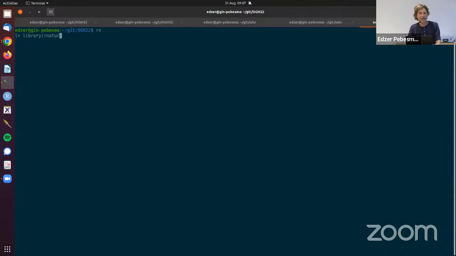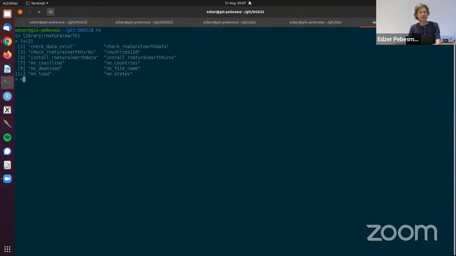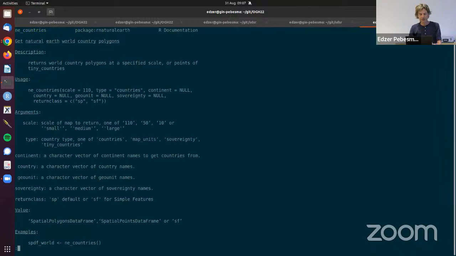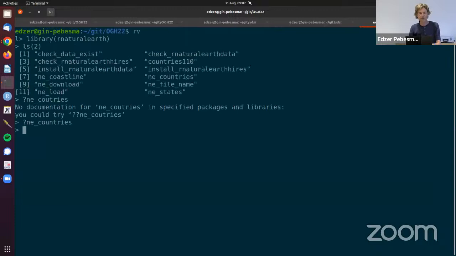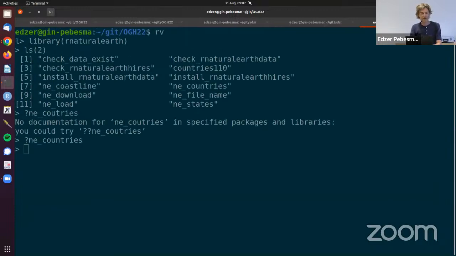take the Natural Earth data, and then look at the Natural Earth countries, and then if I want to have my data as SF, I have to say something like return class is sf. I'll just make my font a little bit larger. So we can get the Natural Earth countries, with return class sf, and then we can